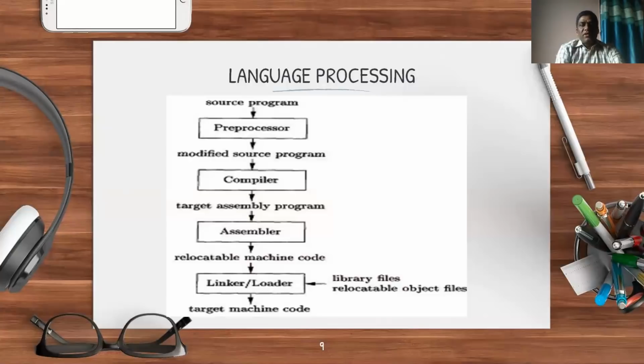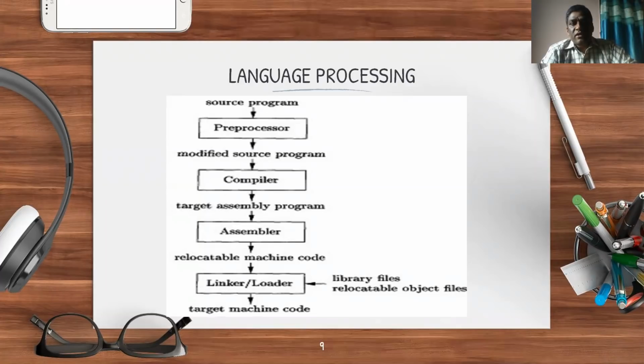Now, so having known all these things, now let us have a look at what this language processing system exactly consists of, and again we are going through some new concepts over here. We already discussed compilers, interpreters, and hybrid compilers, which are part of the compiler only. And other than the compiler, the language processing system contains these components.